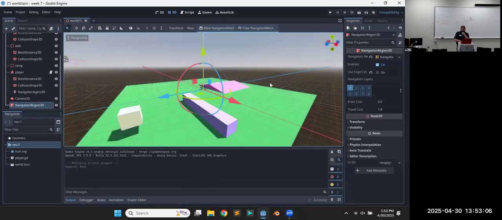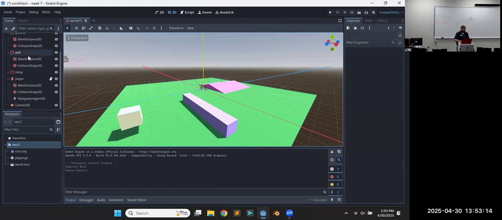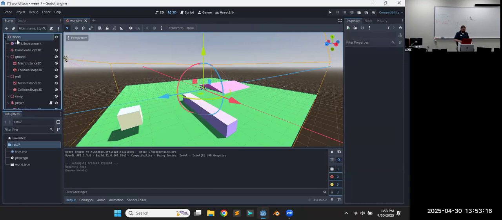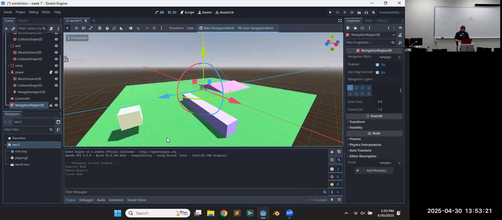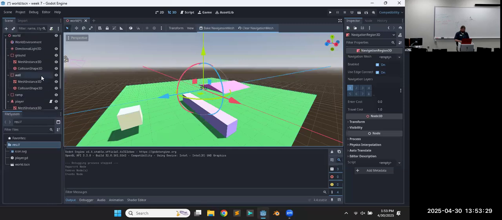Unless it's a setting here. I'm not sure what I messed up on. Maybe if I delete that region and make a new one, because I obviously did something to it. Navigation region. What's the warning say? A navigation mesh resource must be set or created for this node to work. For the mesh, I'm just going to